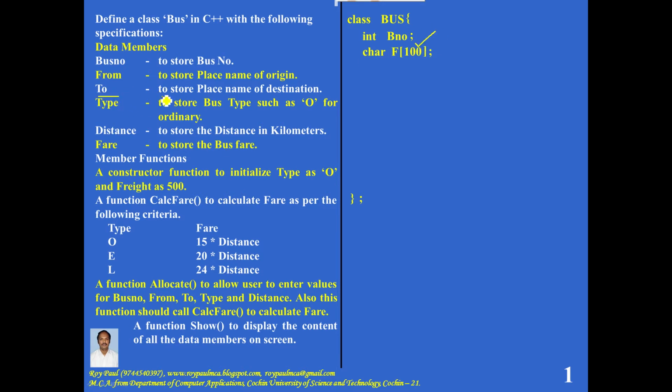Now To to store place name of destination. So Ernakulam to Bombay, destination is Bombay. So certainly To should be an array of characters, Bombay, many characters are there. So you can declare like this: char followed by variable name T for To, array of characters, so square bracket